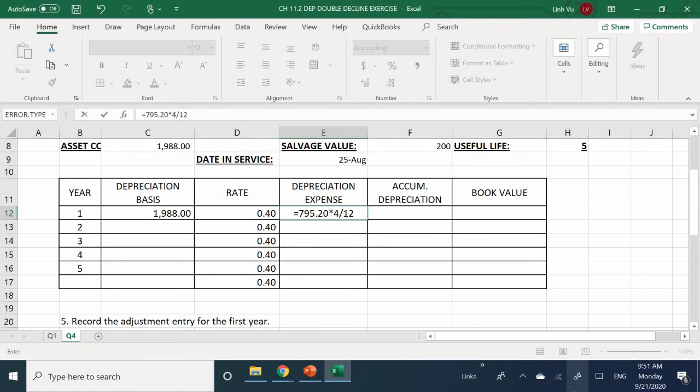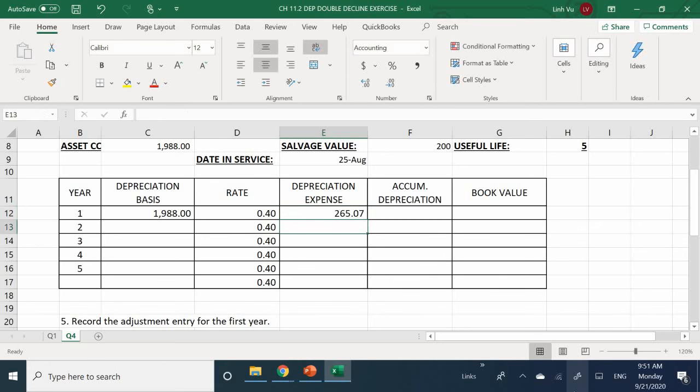That's how many months that the asset was depreciated for, because my asset's only 4 months old. And I'm going to divide it by 12 because that's how much out of 1 year I'm actually calculating. Okay, you multiply it by 4 and you divide the whole thing by 12, and you should get the same exact answer, which is